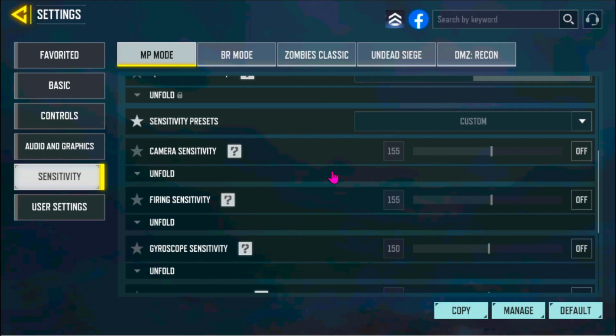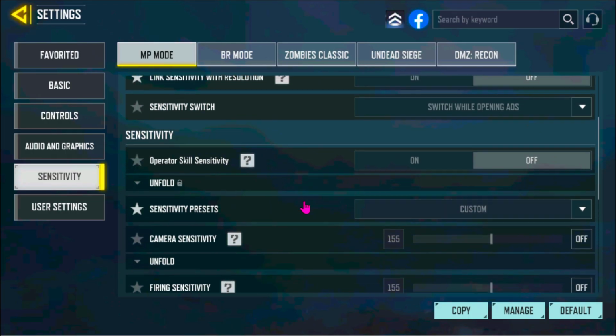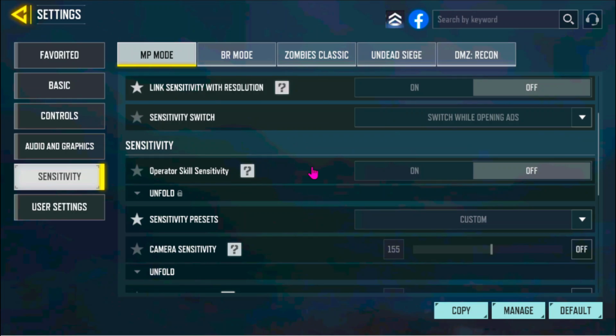Okay, so this is actually the sensitivity that I'm using. So you can copy it. It depends on your device. If your resolution is higher or lower, then the sensitivity will also change. Okay,